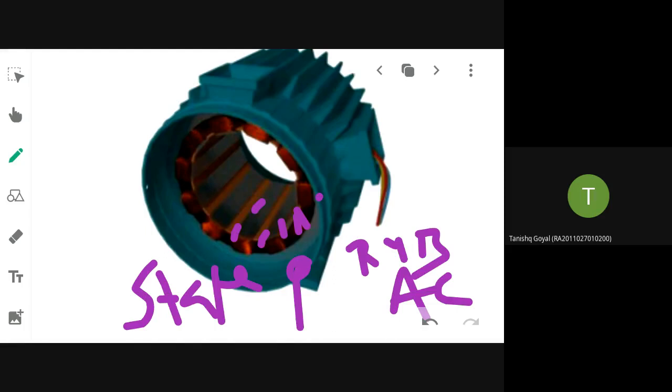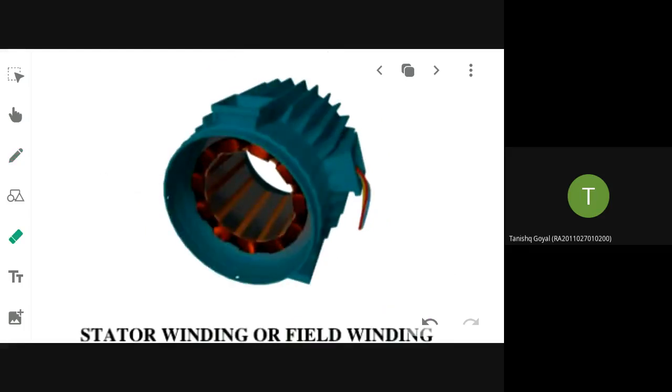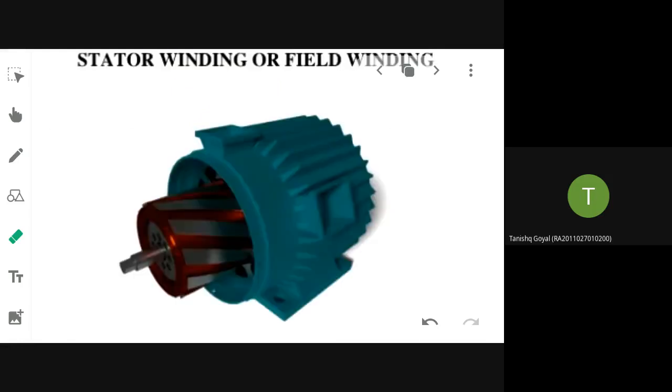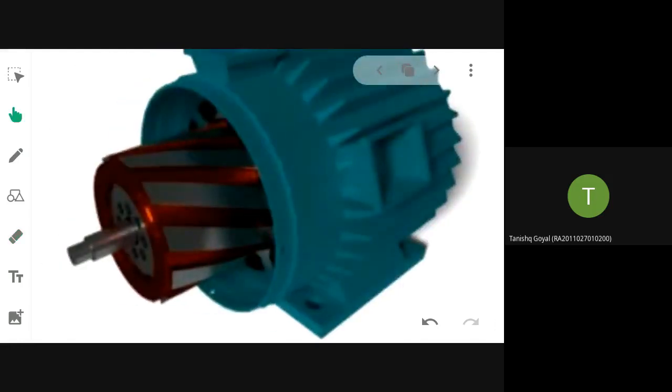Okay, that I will teach in theory. So this is all about the stator. Now if you see this one, what is this? Rotor. Is this a squirrel cage rotor or a slip ring rotor? Squirrel cage, ma'am. Squirrel cage. So what are these golden colored things? They represent the rotor winding. Okay, now you understood the constructional details. Yes, ma'am.